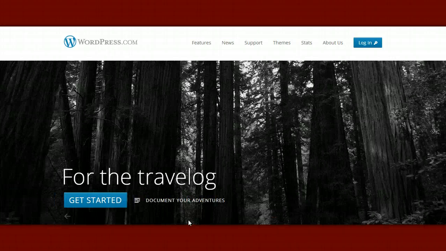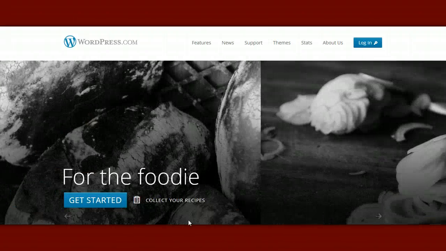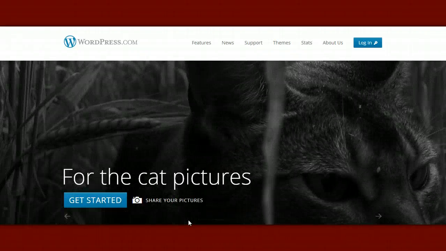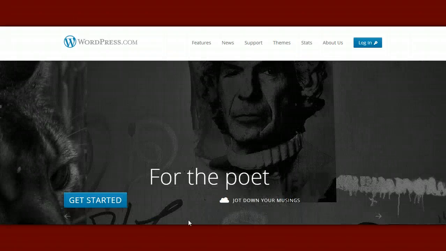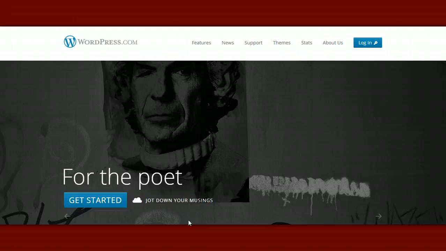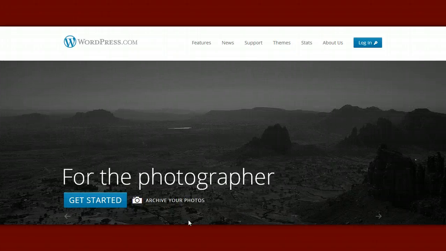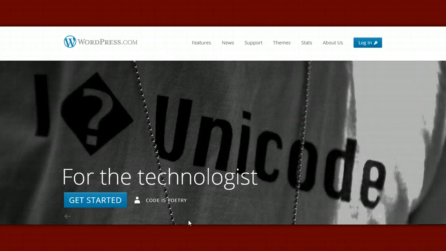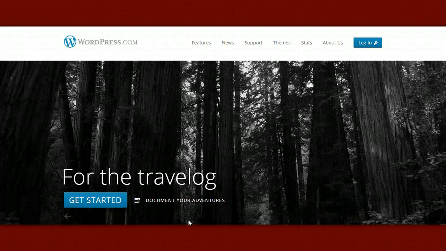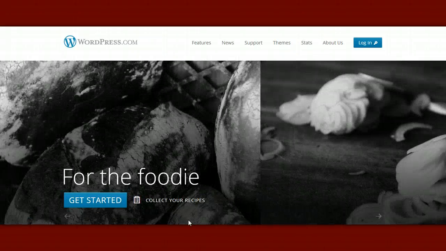You can, for the most part, do whatever you want with it. You're going to have to pay for a domain name. If you want a certain amount of space to handle traffic, you're going to have to pay for that. And if you want to be able to put advertisements on your website, you can't do that. If you want to have e-commerce, can't do that. A lot of the other options that you would normally have for the paid or self-hosted version of WordPress, WordPress.com doesn't do that. This is for people who want to have a free website or blog and are okay